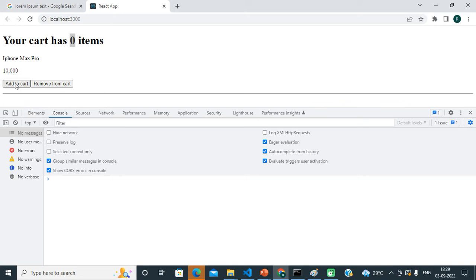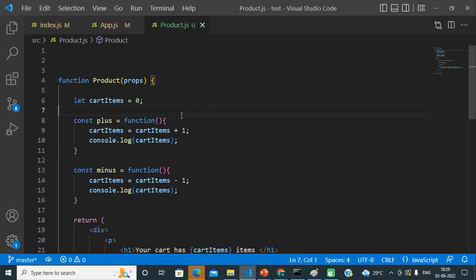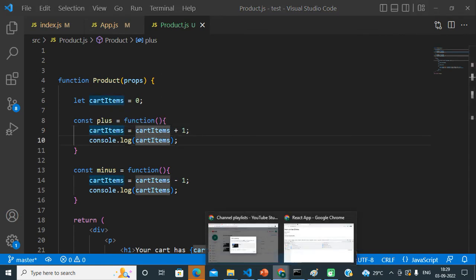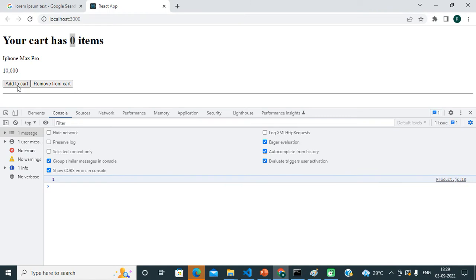As I click on the add to cart button, you can see my value is getting updated. As soon as I click on add to cart, this function is executed and the value is updated. 0 plus 1 is equal to 1, and that is why I get 1 as the updated value. If I click again: 2, 3, 4, 5.